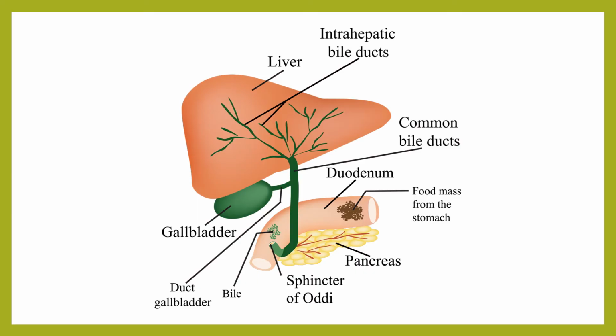Now we will see the duct arrangement. The original stalk of the hepatic diverticulum becomes the common bile duct. So that is the stalk which arises from the endodermal diverticulum, no? That becomes the common bile duct. This divides into two, which become the right and the left hepatic duct. These two hepatic ducts undergo branching repeatedly, they go on branching, and they become the intrahepatic bile ducts in the biliary passages.